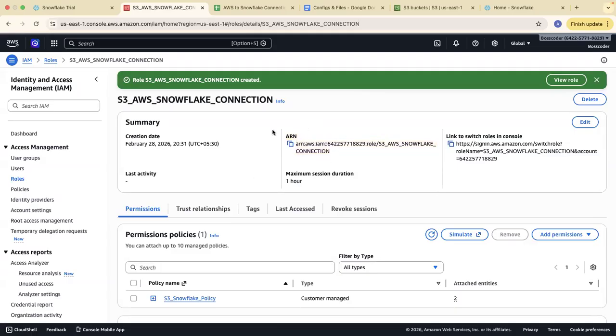Why have we done all this task? Because we have to use this ARN in our Snowflake to set up a connection to directly take data from S3. What's the use of Snowflake? See, if you have joined late, Snowflake is a data warehouse which is used to analyze the data, used to do machine learning, and used as a data sharing platform, and it's a kind of cloud-based solution.